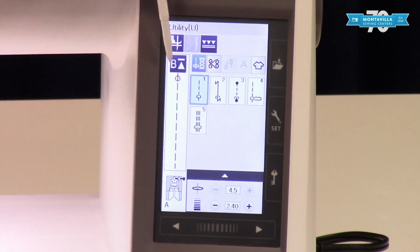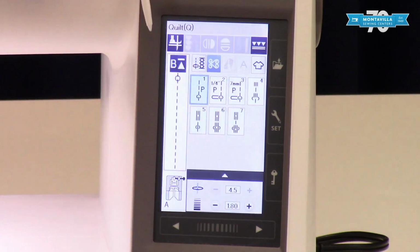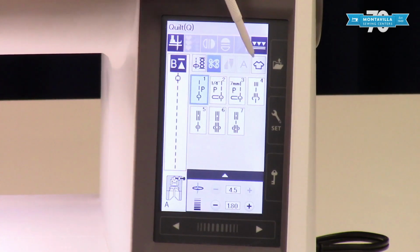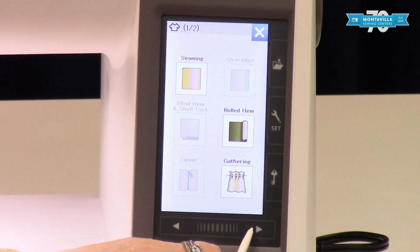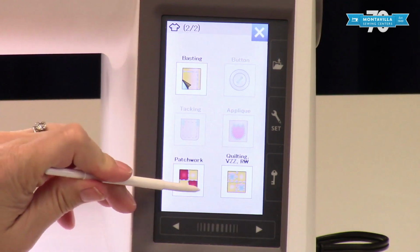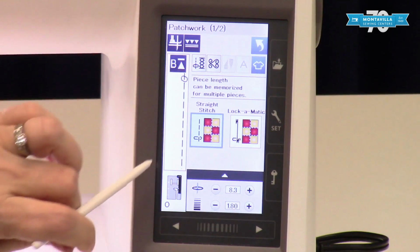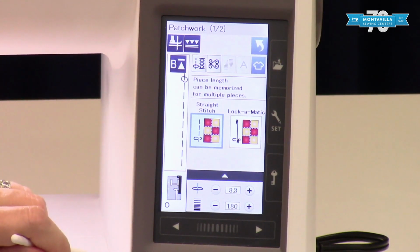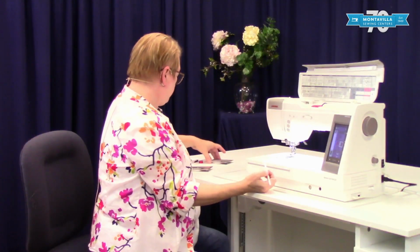So these are your basic utility stitches, and you'll notice that your quilting section is still available. And if you go into your t-shirts, you have some other options. And I like going into patchwork, and my 1/4 inch is all set up for me. And remember, this is the section where you can program your seam length. So I'm often in here working in this area because I like that feature a lot. Now, when you're done with this needle plate, you can just switch to your 3rd one,